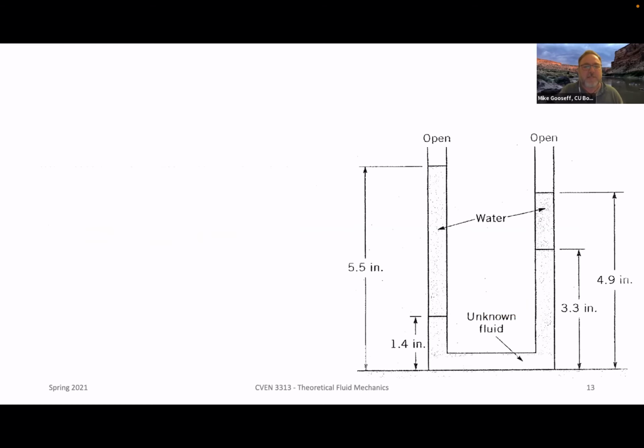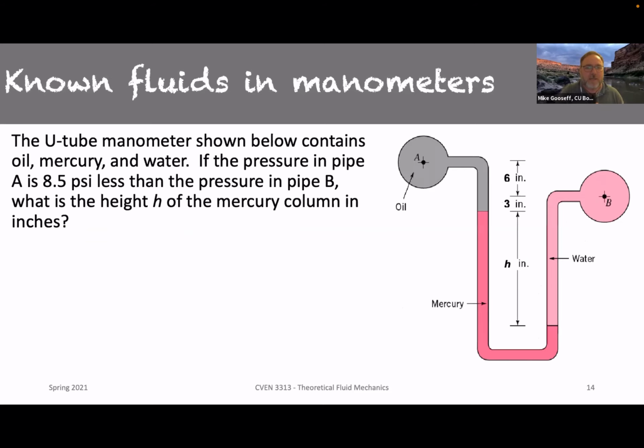Okay. Looks like I gave myself room to work that we didn't need. Now, what about this question? In this case, we have known fluids: an oil, mercury, and water. In this U-tube manometer, if we have a pressure difference of 8 psi between A and B, the question is,